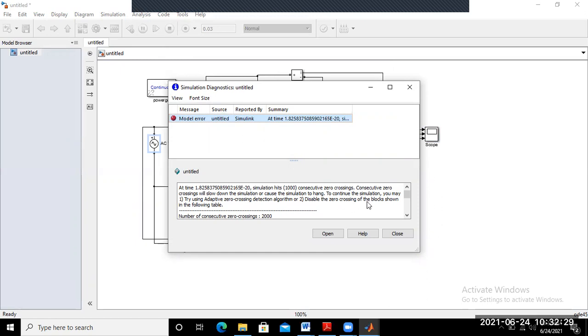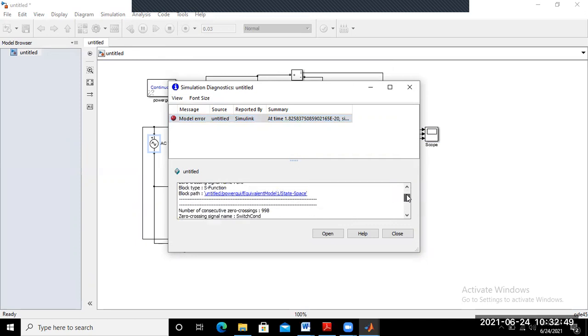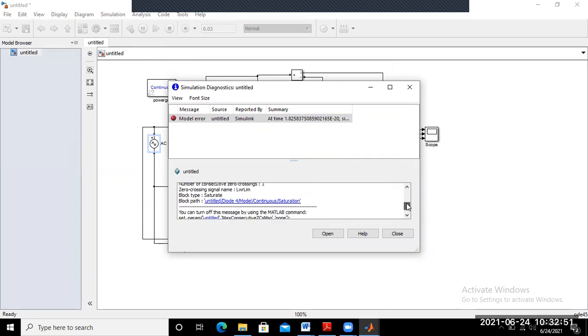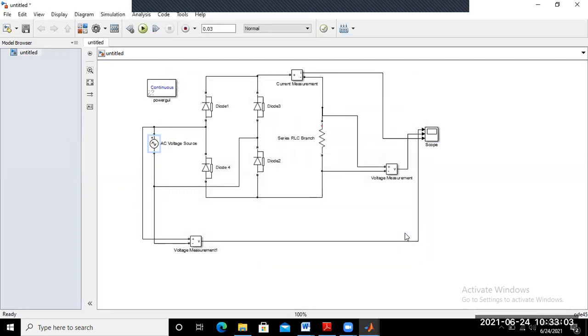To continue the simulation, you may try using the adaptive zero crossing detection algorithm or disable the zero crossing of the blocks shown in the following table, which lists the number of consecutive zero crossings.